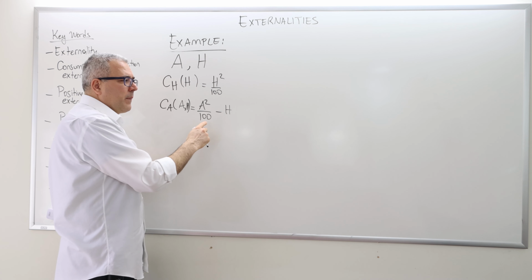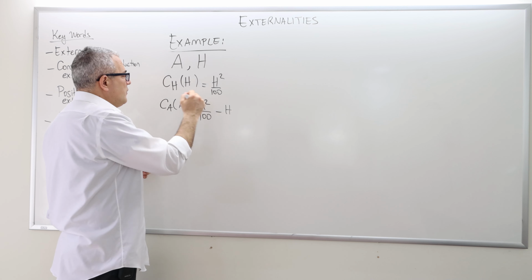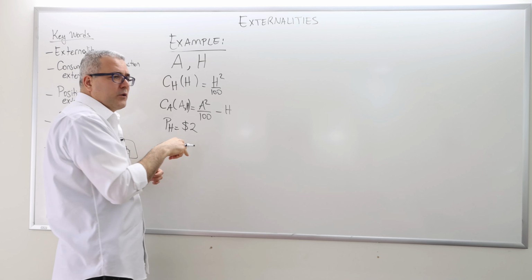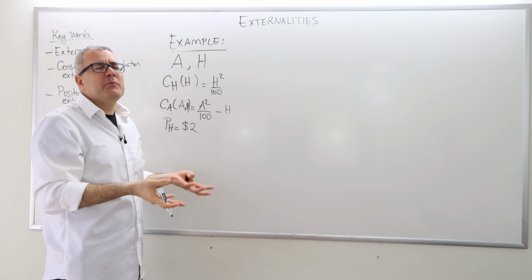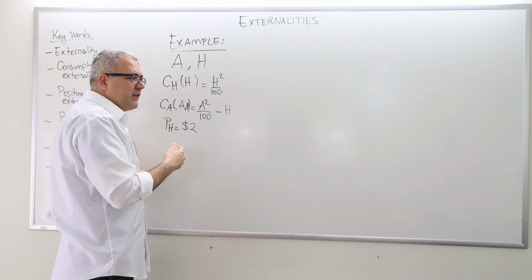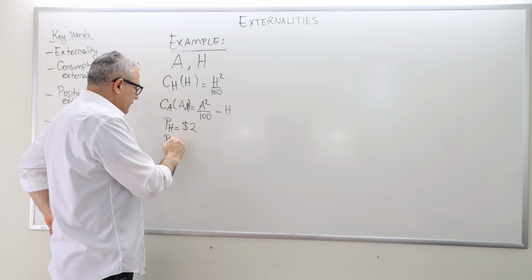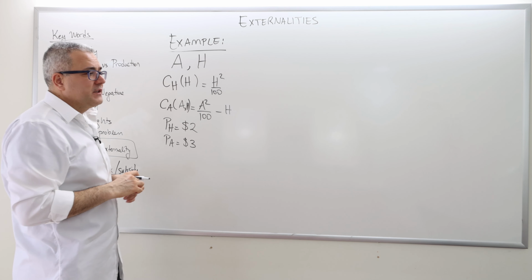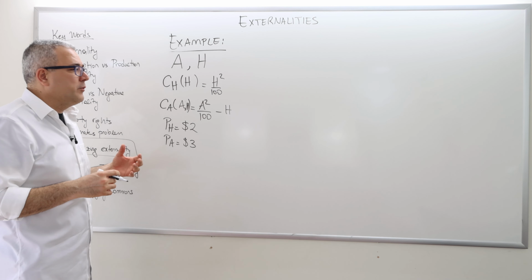So okay, that's that. The price of honey is $2. Remember, both firms are acting as competitive firms, meaning they just take the prices as given. And the price of apples is $3. Okay? So the question is, if the firms each operate independently, what would be the equilibrium amount of honey